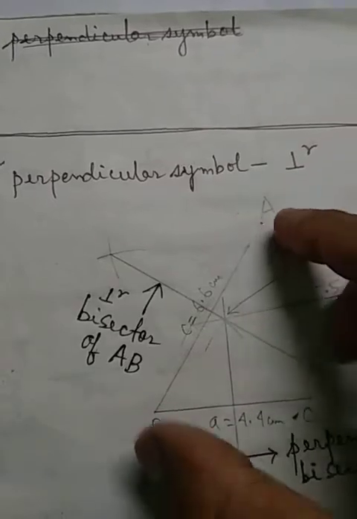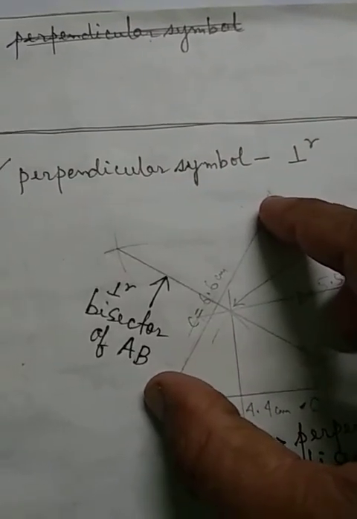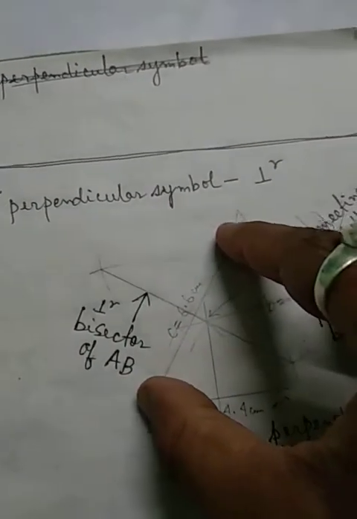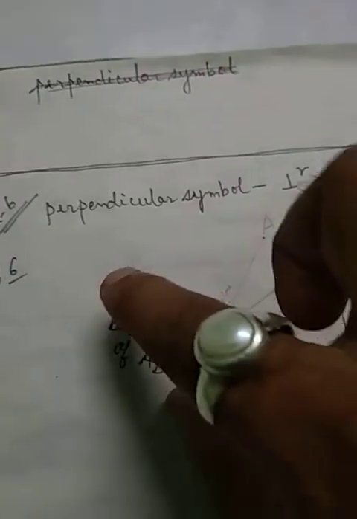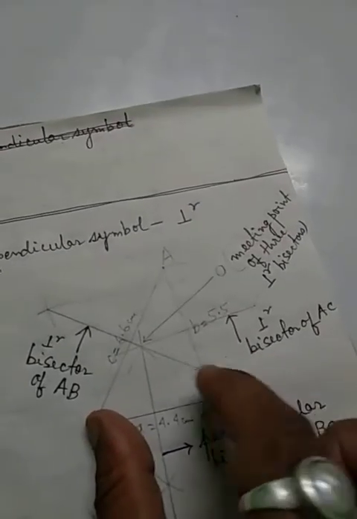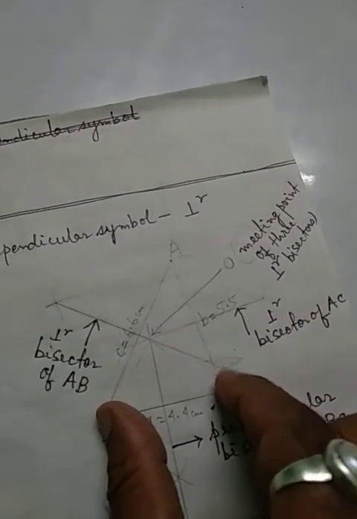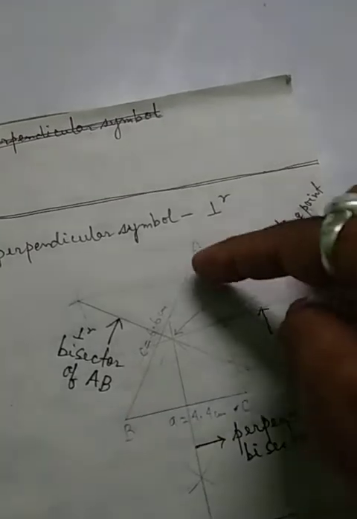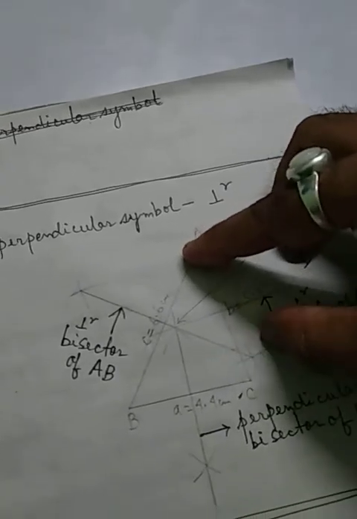If you have to get the perpendicular bisector of this side, the perpendicular bisector of the side AB, what is the full length of AB? Take it a little less, cut once left of the line the arc, and the same thing is cut over here, that is the right of the line here. Keeping the same arc, I go to the vertex A. I cut this arc, and the second arc I cut here.